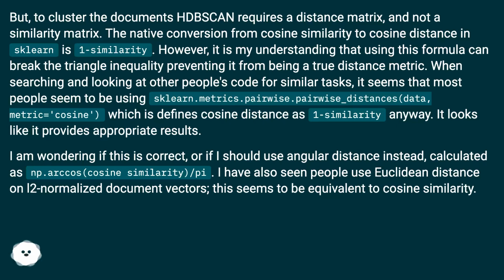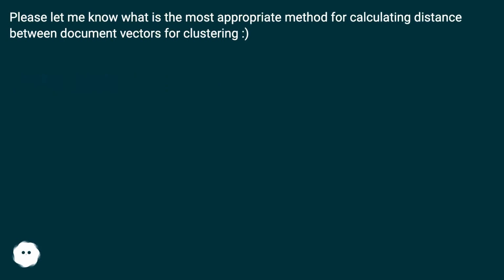I am wondering if this is correct, or if I should use angular distance instead, calculated as np.arccos(cosine similarity) / pi. I have also seen people use Euclidean distance on L2 normalized document vectors. This seems to be equivalent to cosine similarity. Please let me know what is the most appropriate method for calculating distance between document vectors for clustering. :)